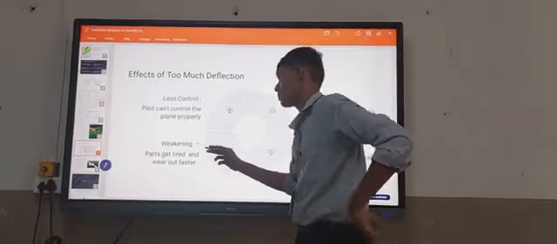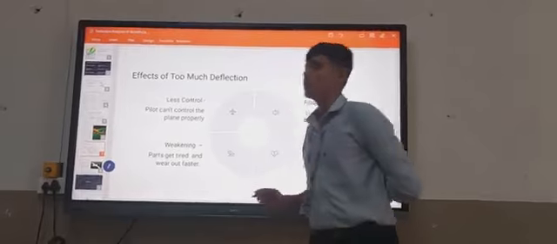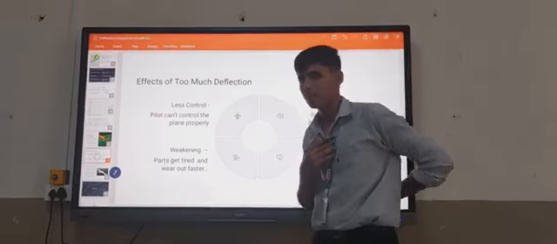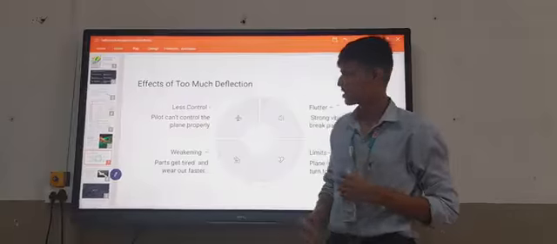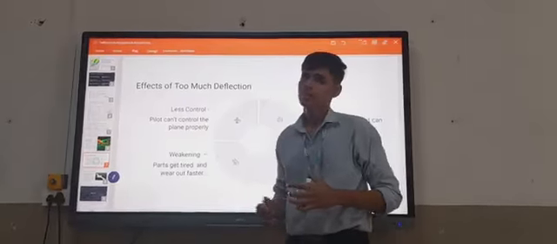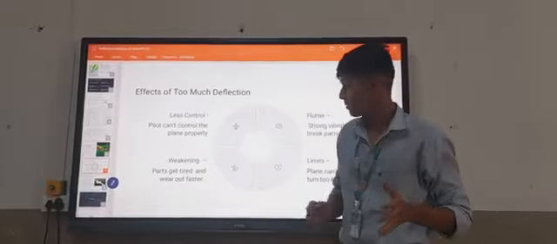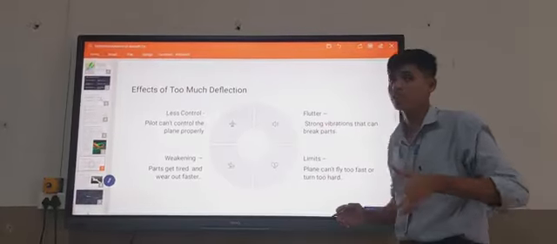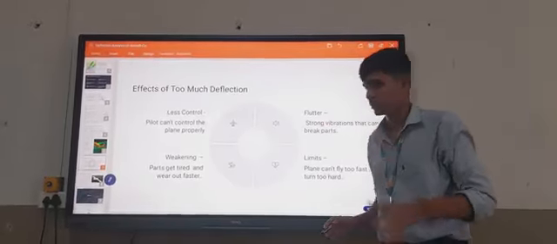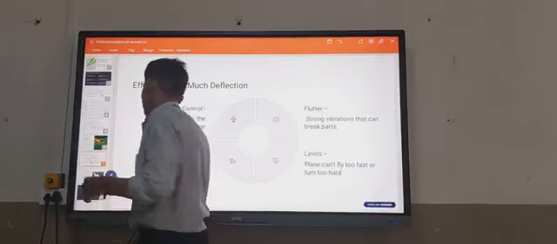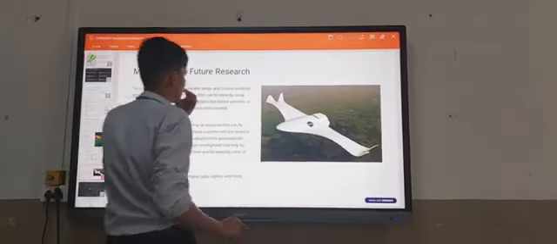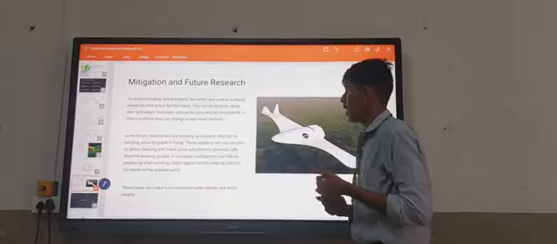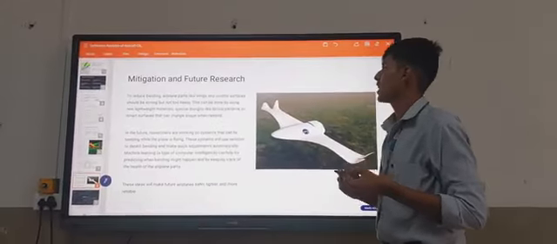Then there is fatigue: parts get tired. Parts like engines are very important for our aircraft. After a certain time, parts will get tired, so they also need rest. Talking about the limitation, a plane can't fly too fast during turning. There are some limitations. Then talking about the future research to reduce the bending, airplane parts like the wings and